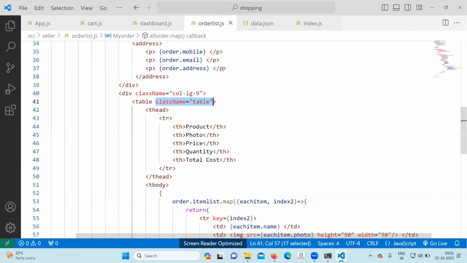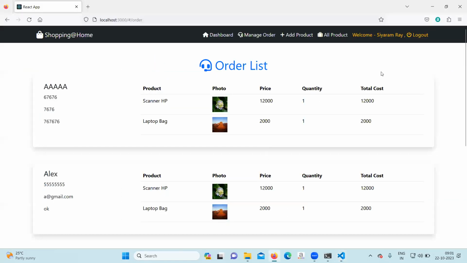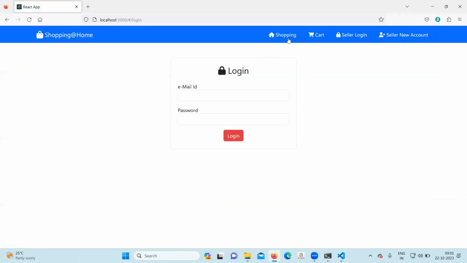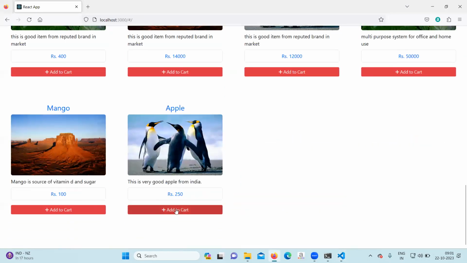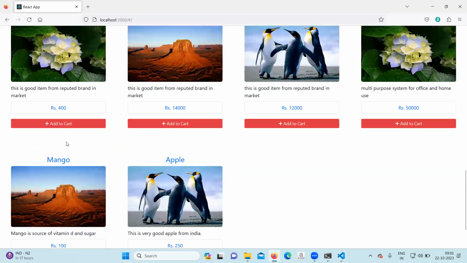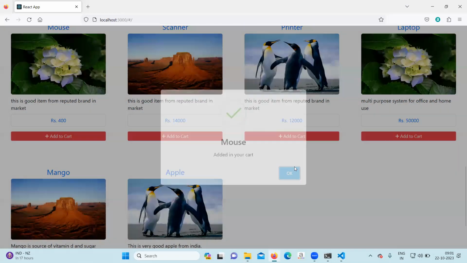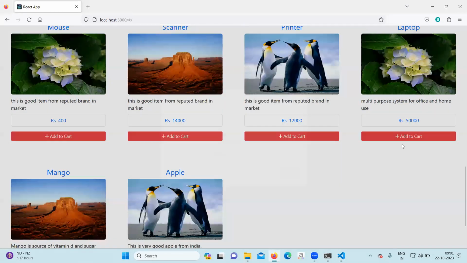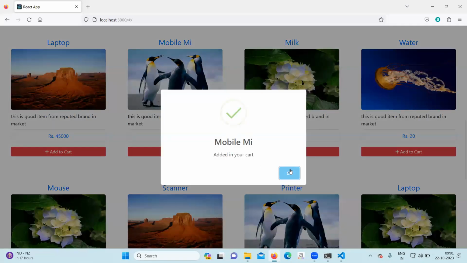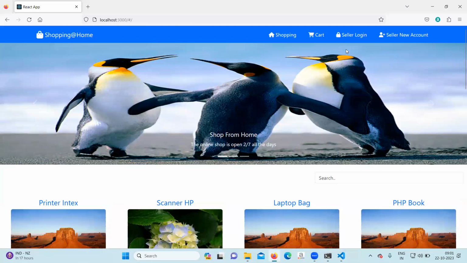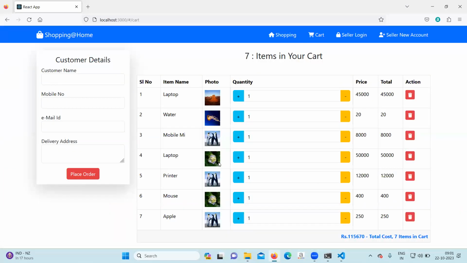Okay, so hope list is working correct. Place the order. Place a new order and check once. Go to the home page. Place the order. One apple, one something, one water, one laptop, correct? And go to the cart. You will find